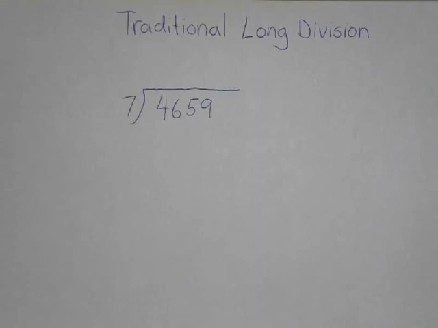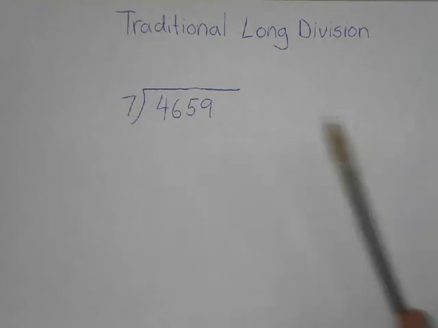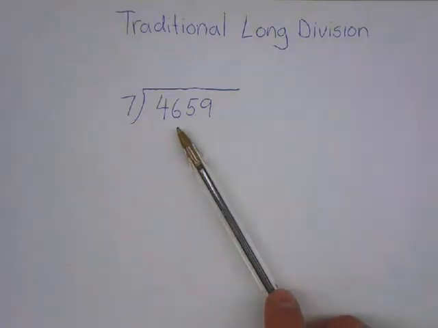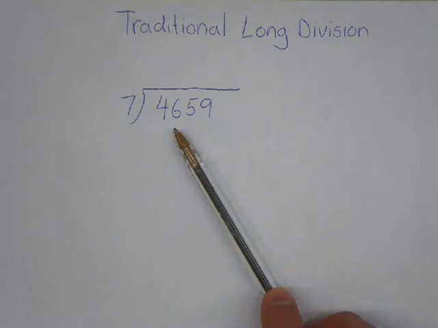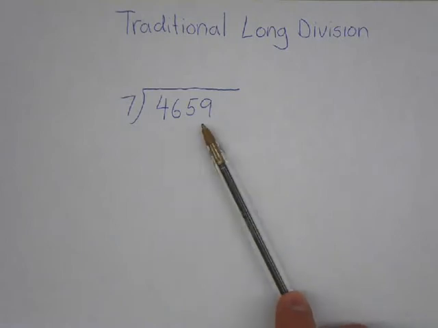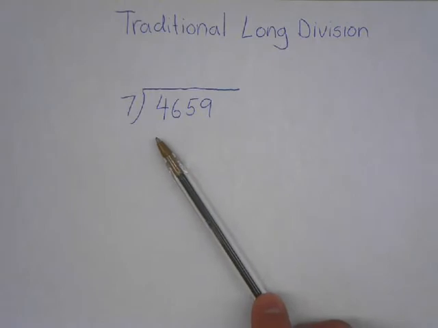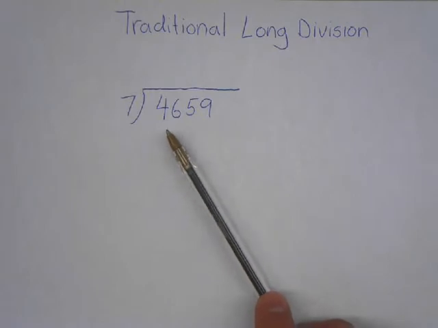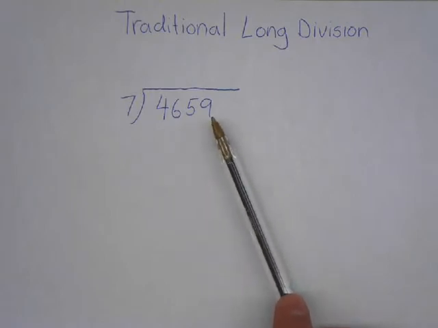Today we're going to be doing long division in the traditional way. The traditional way of long division generally uses mental math in combination with multiplication. In long division, we are always starting with the left side of the number. In the other methods of addition, subtraction, and multiplication, we always start from the right to the left. Now in long division, we're going to be starting with the left going to the right, so from larger to